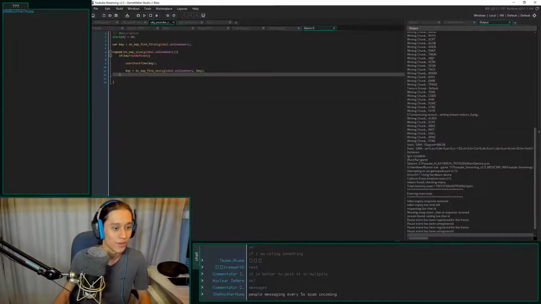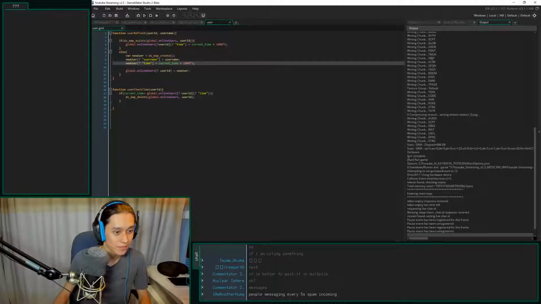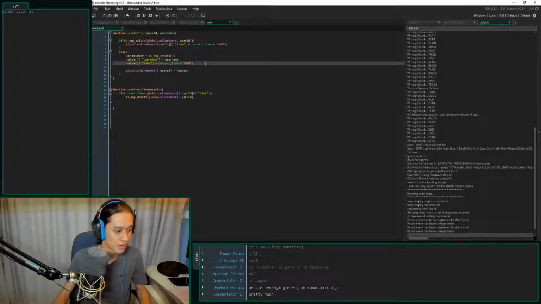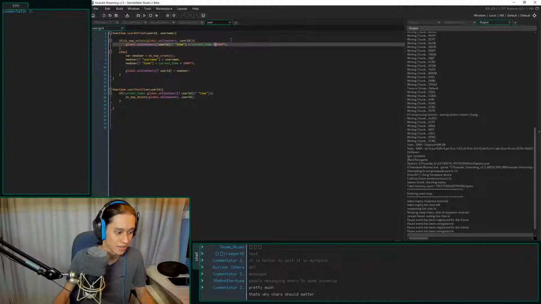Actually, does it really matter? Not really, actually. So yeah, that 5 seconds is not going to be the case at all. We're going to up that later. But 5 seconds right now is okay. We're going to up it to 15 minutes. So you only need to send one message every 15 minutes. Or 10 minutes or 5 minutes.